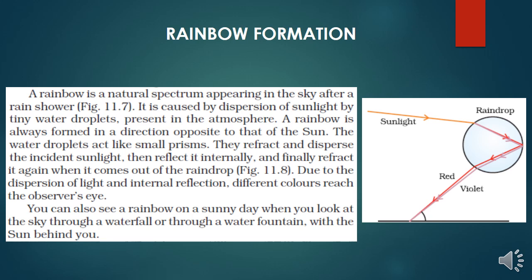Now have a look at the diagram over here for better understanding. On the right hand side of your slide, a raindrop is shown. Now as you can see, sunlight gets incident at the first point. As the medium changes from air to raindrop, there is refraction. So here we see a refracted ray. At the opposite end of the raindrop, at this particular point,